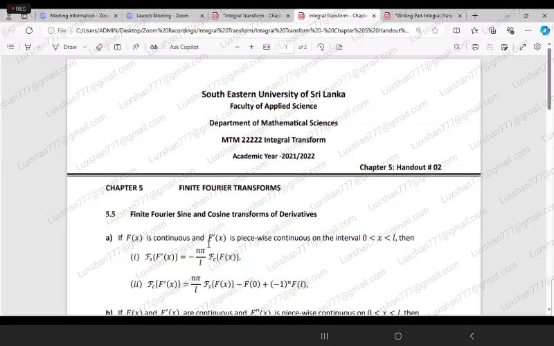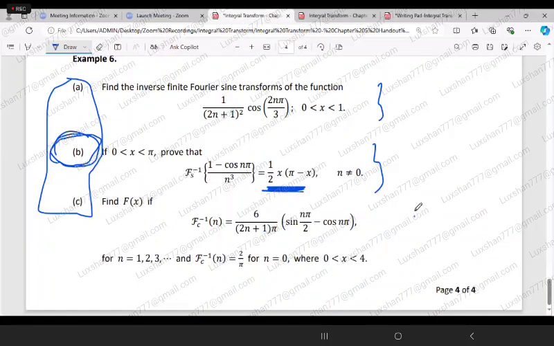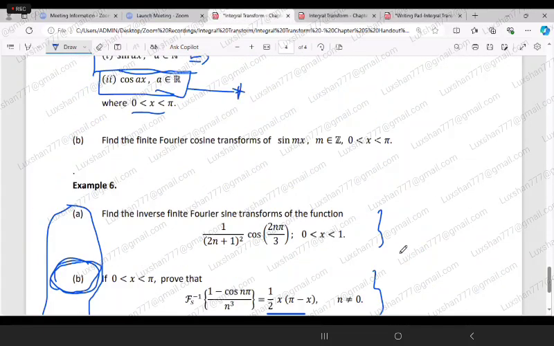If possible, tomorrow night or sometime in the morning, depending on my situation, I will send you the link. This week, it may be Friday, we are finishing this integral transform. Then we are moving to real analysis. Here actually the inverse of this one, so we have to work out the inverse also. So I will ask tomorrow